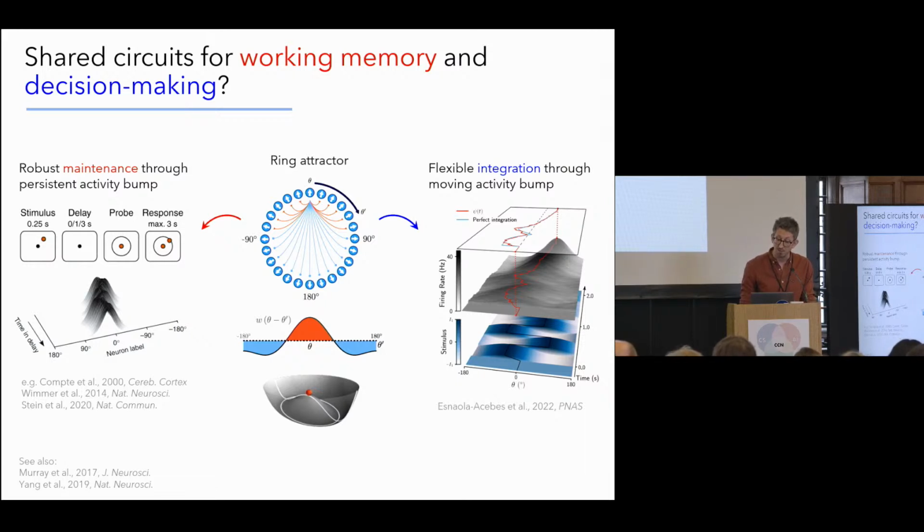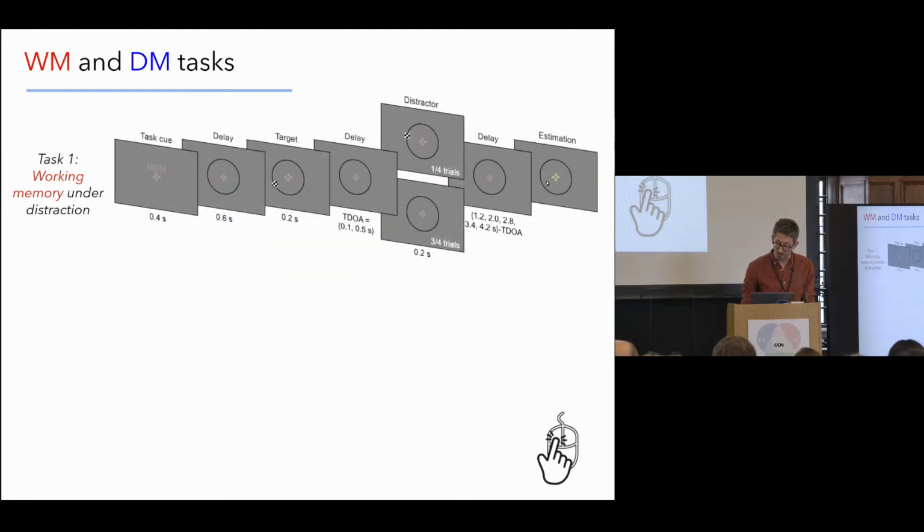So it's this claim really of shared circuits for both maintenance and integration of information that we hoped to try to put to the test with our work. So we've been taking a few different approaches to do this, and these have all involved interrogating the same set of cognitive tasks. One of these is a spatial working memory task in which a single target stimulus is presented